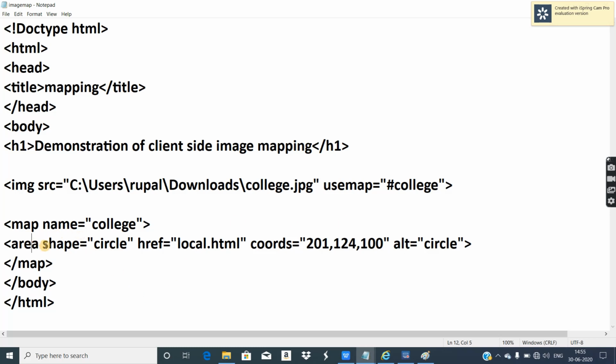So the area tag has got four important attributes: shape, to provide which shape of hotspot you want to create. In href you can provide the local web page file name, or the URL also. We will try with a functional URL of a website also. Then coordinates related to the shape, and alt to provide any text. For now I have created only one hotspot, and this is how you should perform: create only one hotspot, see that your map tag is closed properly or not, save it and see the output.